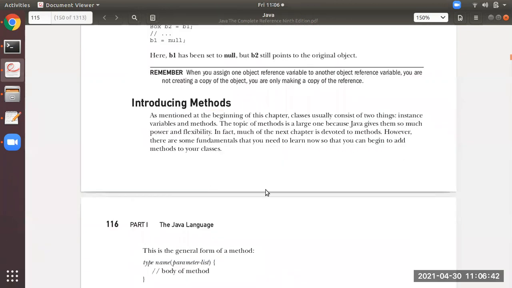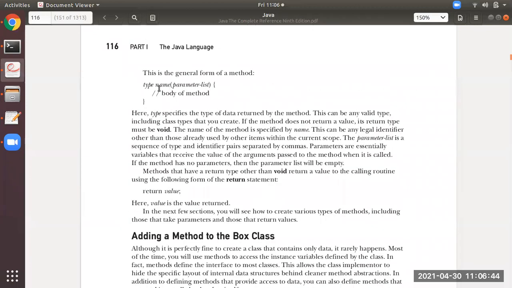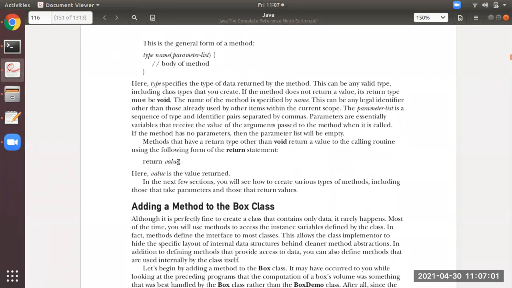Introducing methods. So what is the syntax? The syntax of writing a method is the type, the name of the method, any parameters you want, and the body of the method enclosed in opening and closing braces. You can have the return type also, the return value. We will see this.